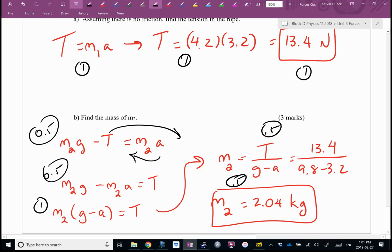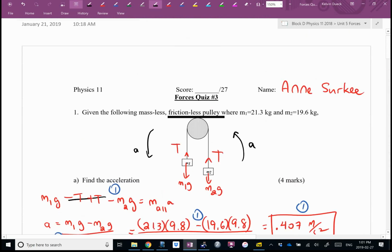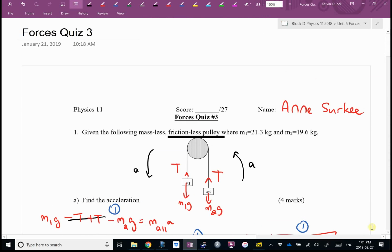Okay? Can you give yourself a lovely score out of 27? Big quiz. And if you need to lawyer with me, now is the time. Otherwise,